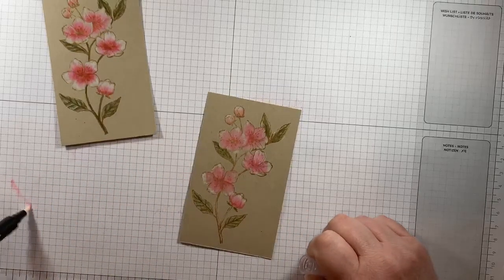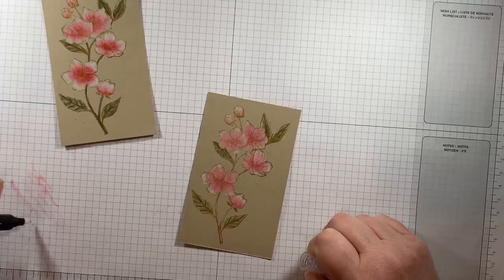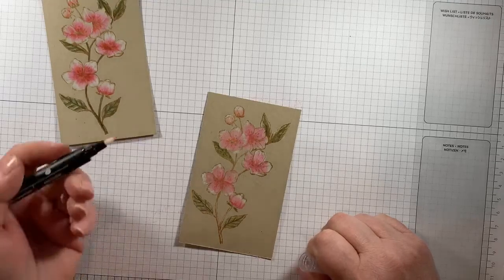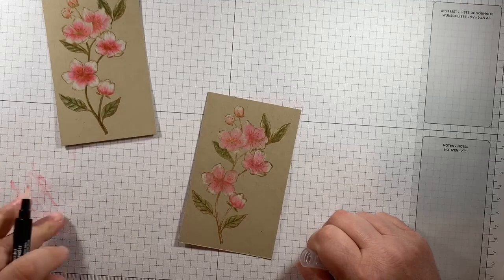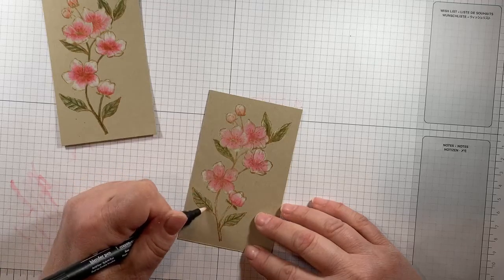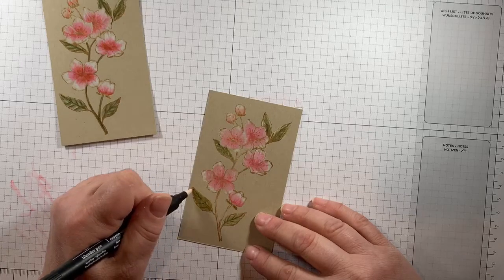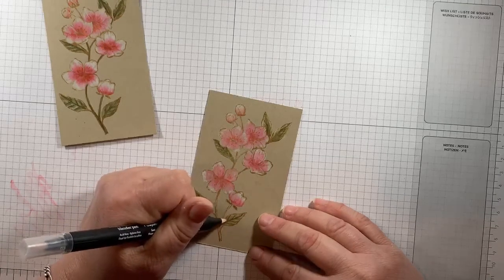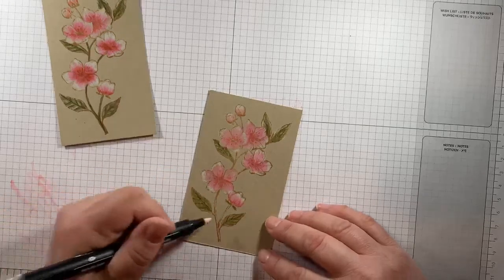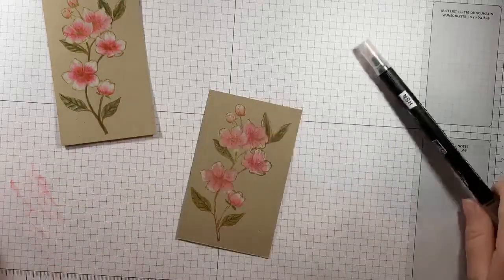There we go. And now I'm going to clean off that blender pen tip. There we go. You can see the fluid is clear now. Even though the tip is stained, it's not putting color on my paper, so I'm free to go and blend up my greens without pulling in. Okay, now I think I do want to